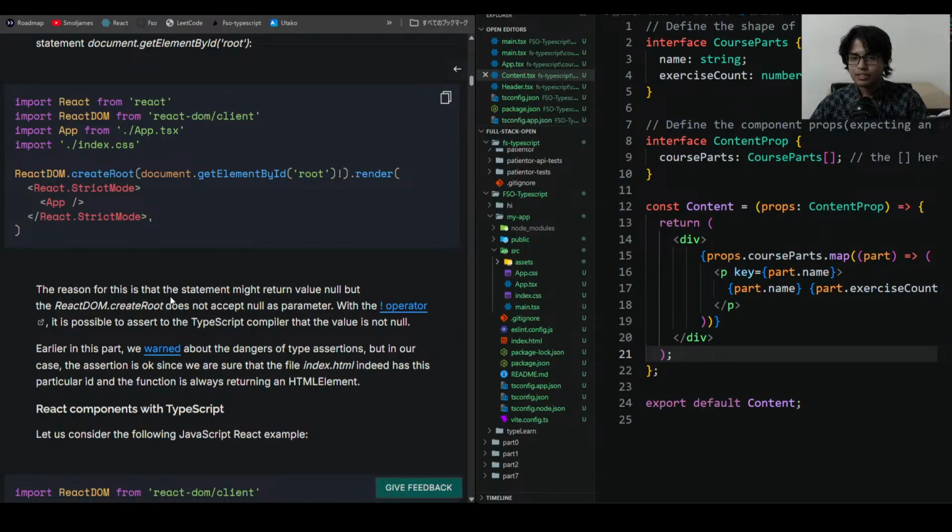The reason for this is that this statement might return value null, but the ReactDOM.createRoot might return null, but